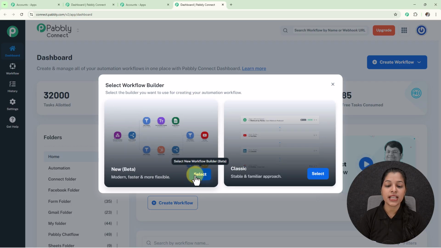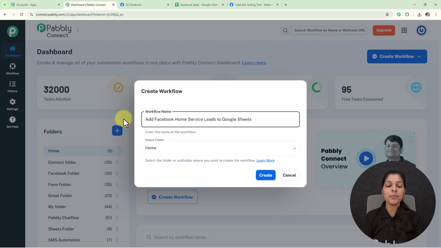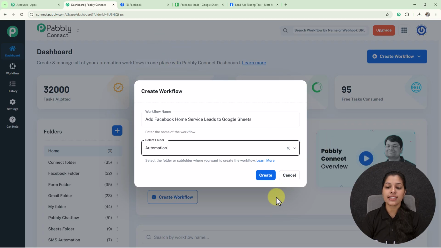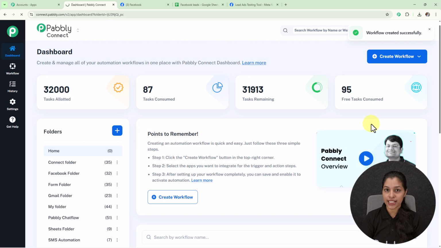So for that you simply have to click over this select button, and here we are getting this dialog box which is asking me to enter my workflow name. So now let's provide a name to my workflow here. So here I am providing it the name Facebook Home Service Leads to Google Sheets. Now I'm going to select my folder as automation. Now let's click over this create button, and here we are getting this pop-up that is workflow created successfully, and